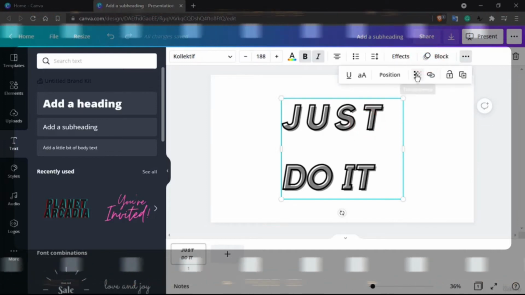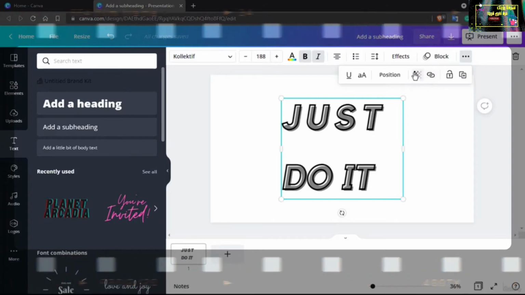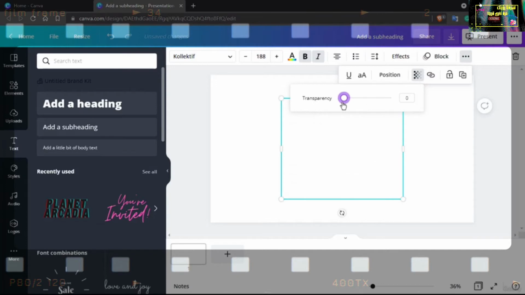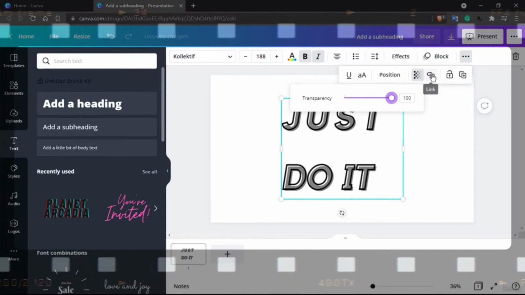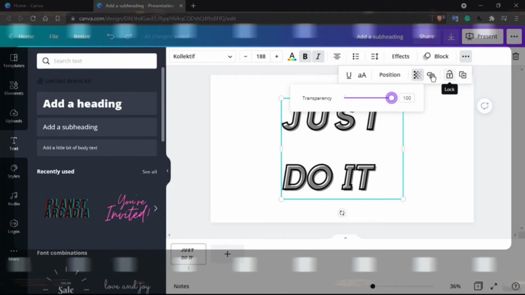So that does, and this is for transparency. Currently our background is simply white, so it is transparent. And if you prefer to change it, you can change it. And this would be your link if you want to add any hyperlink, and this would be your lock the